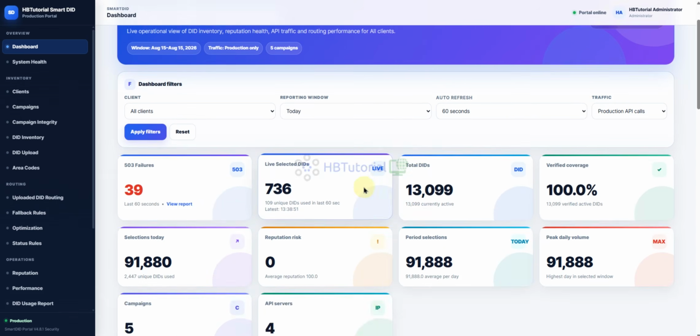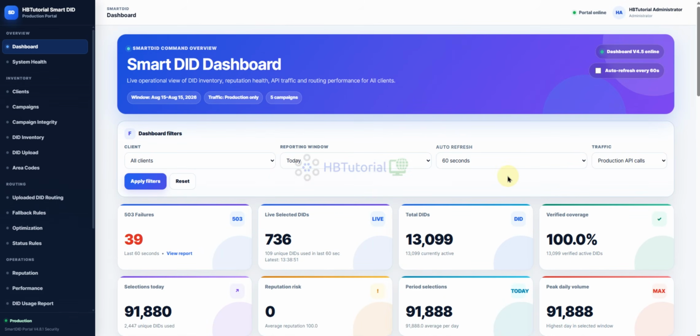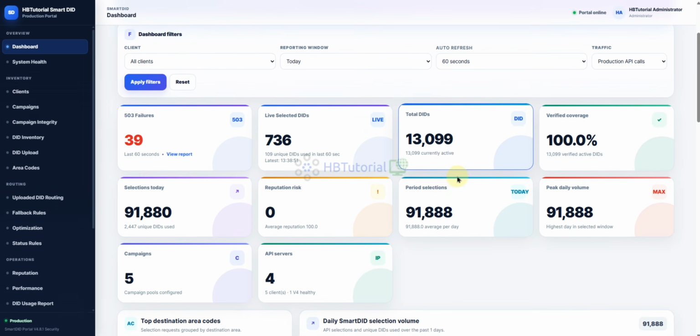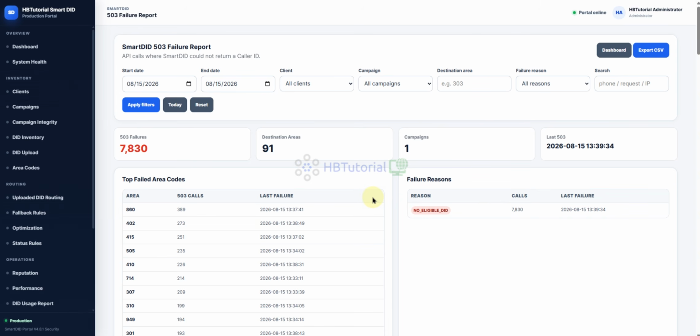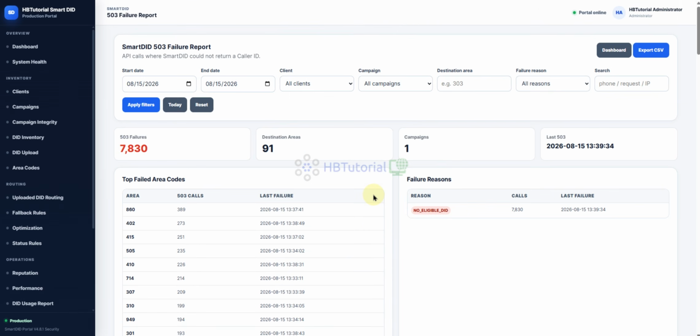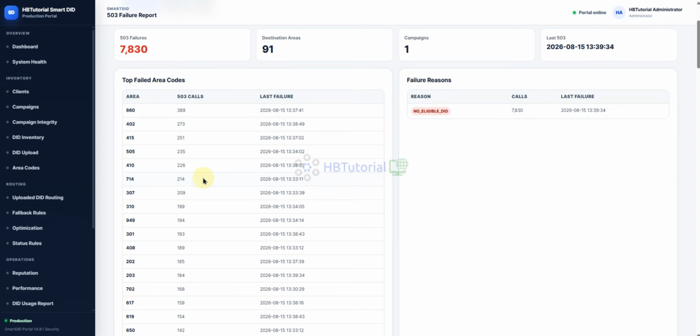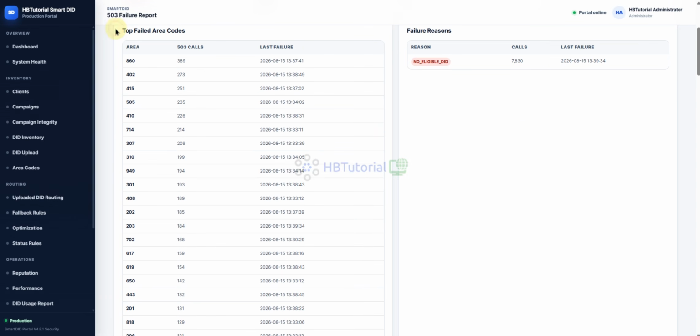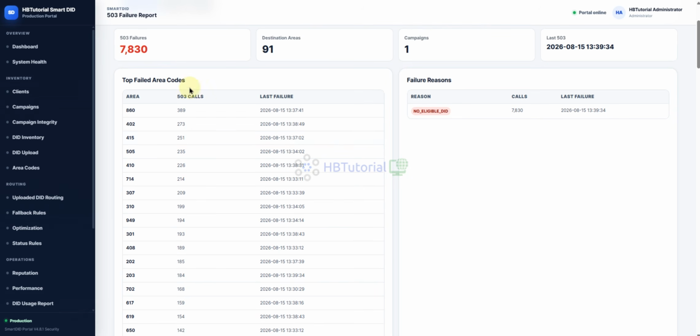So mostly, as you can see, this is our dashboard. We have here a 503 report, which means all these area codes you don't have in your list of DIDs. So it lists what area codes you need to get from your VoIP provider.